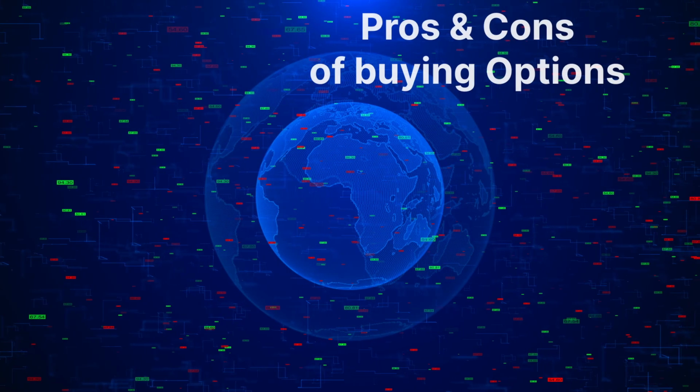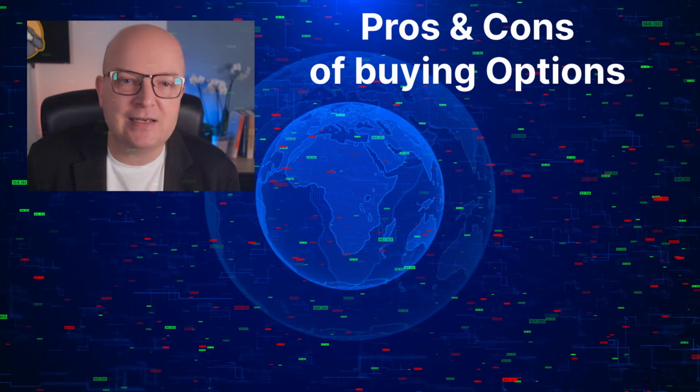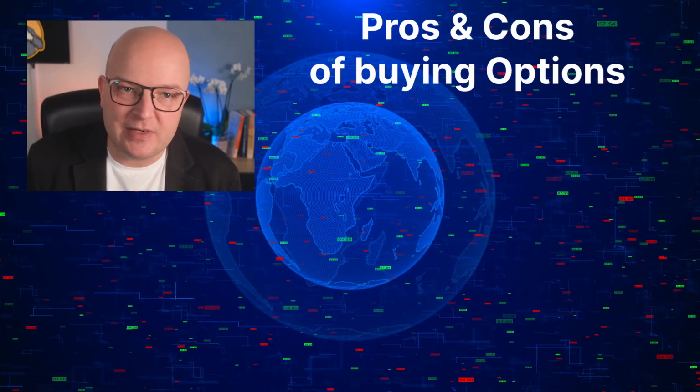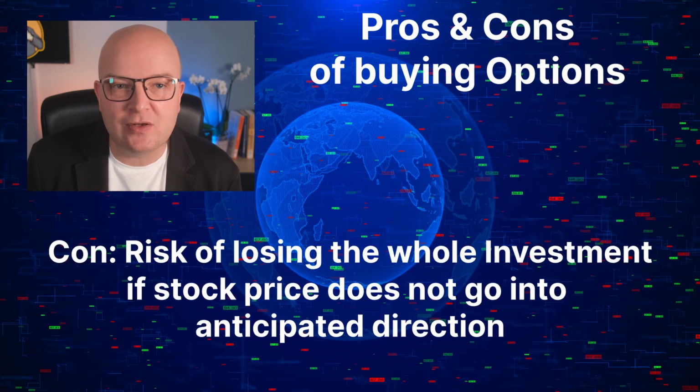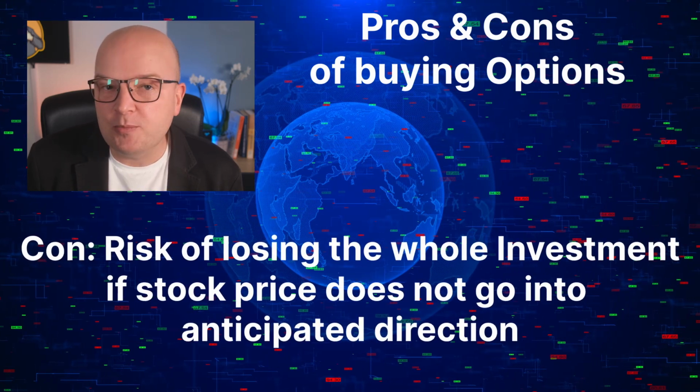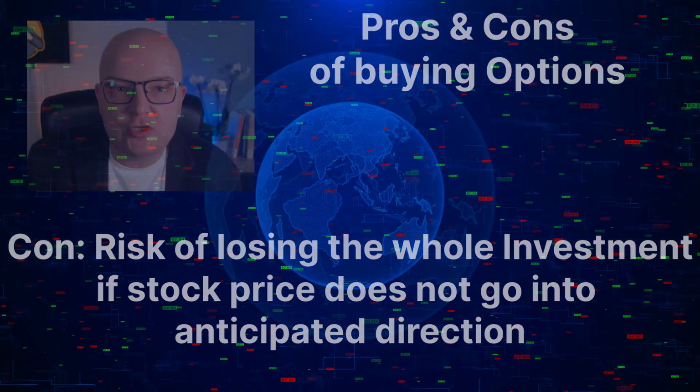Should my opinion of the Tesla stock price turn out not to be true, and maybe even the price drops to $210 until the expiry date of my option, my investment of $1,290 would be gone, because the option is worthless. After all, why should I buy the Tesla share for $220 through my option if I could buy it directly on the market for $210?